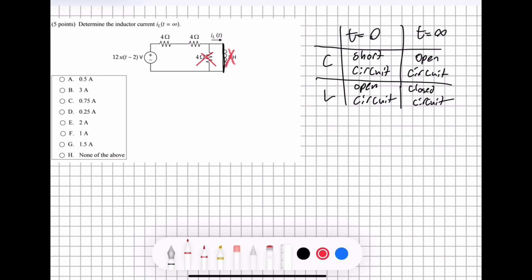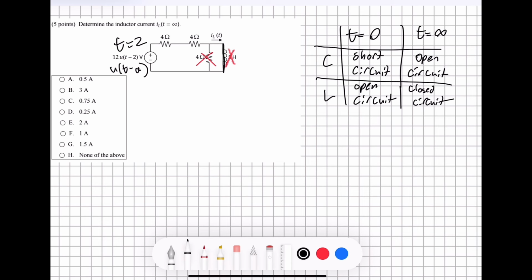So one more thing we can see while looking at the circuit is that we have a step function right here, which gives us the voltage. The way a step function works is it tells us when the voltage source turns on. In this case, it's going to be turning on at time equals 2, because we have the -2 right here, and the step function always takes the form u(t) minus the time that it turns on. We'll say that's A. So we know that A equals 2, which means that at 2 seconds, that's when the